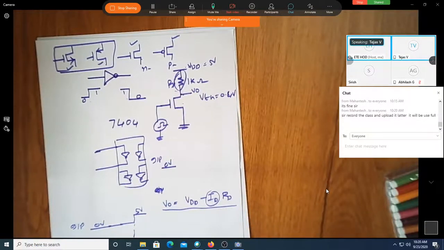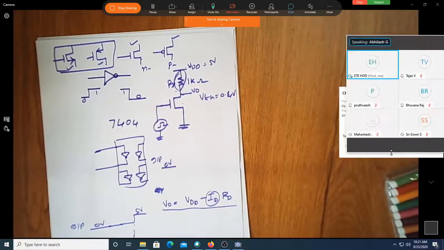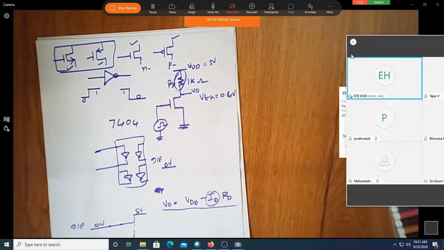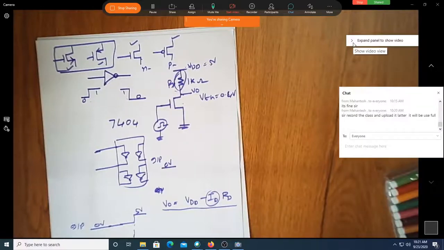Now, these are the two possible currents depending on the condition of MOSFET. So, when do we say MOSFET is in linear region, saturation region? Just a recap of the condition for MOSFET to be in linear or saturation. Anybody? When do you say MOSFET is in linear region? Less than VTH, sir. That is off. If VGS is less than VTH, MOSFET is off. The question is when do you say it as linear and saturation?